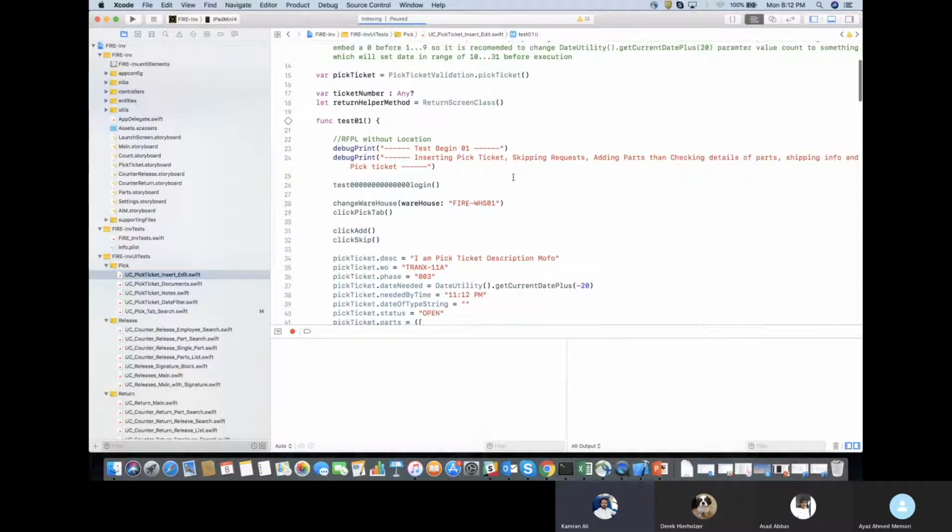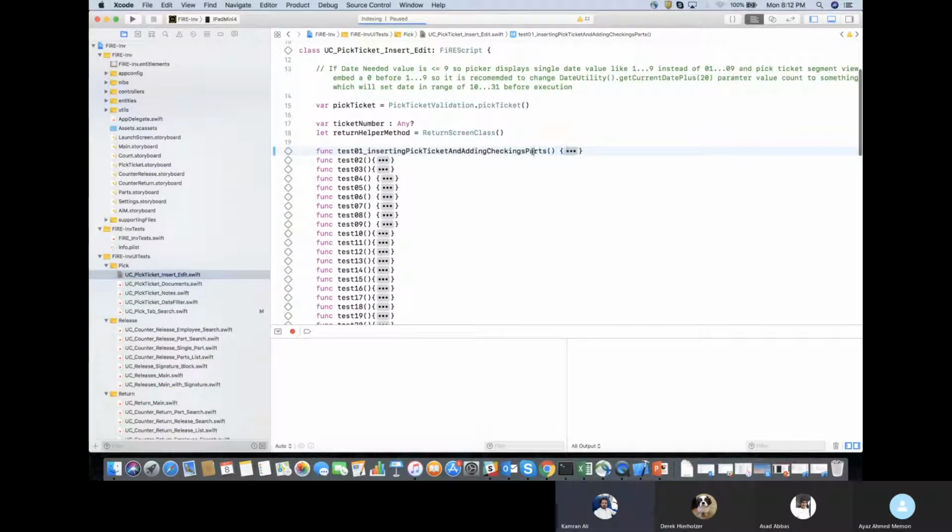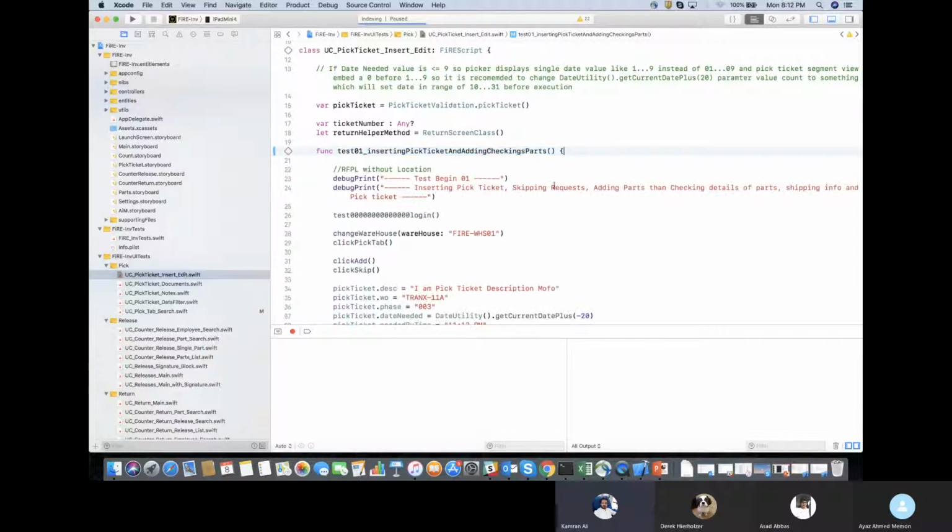Suppose if I name it something like inserting it and adding and checking parts. Look how self-explanatory it is now, just because of its name. We have the same thing available in here inside the description, but